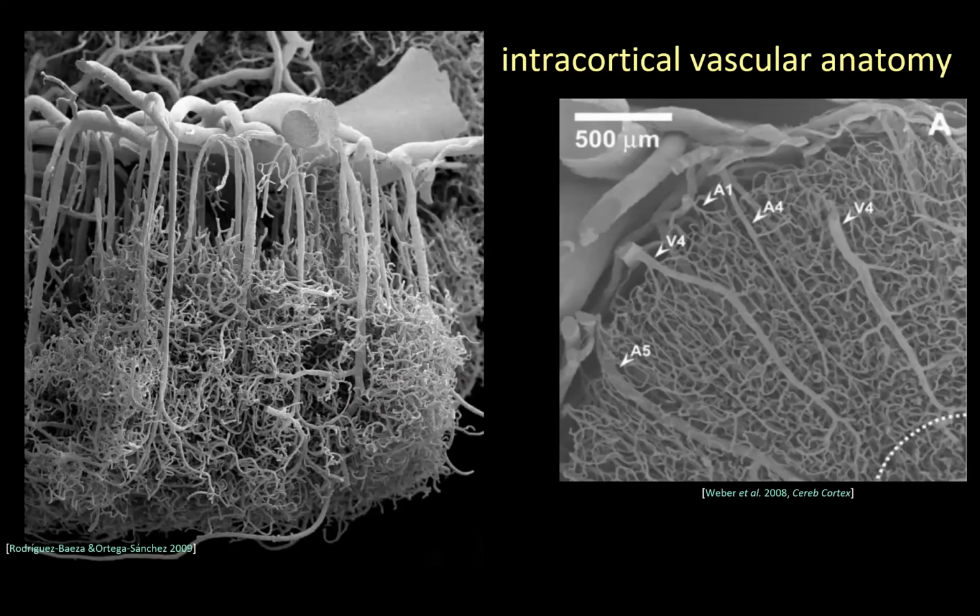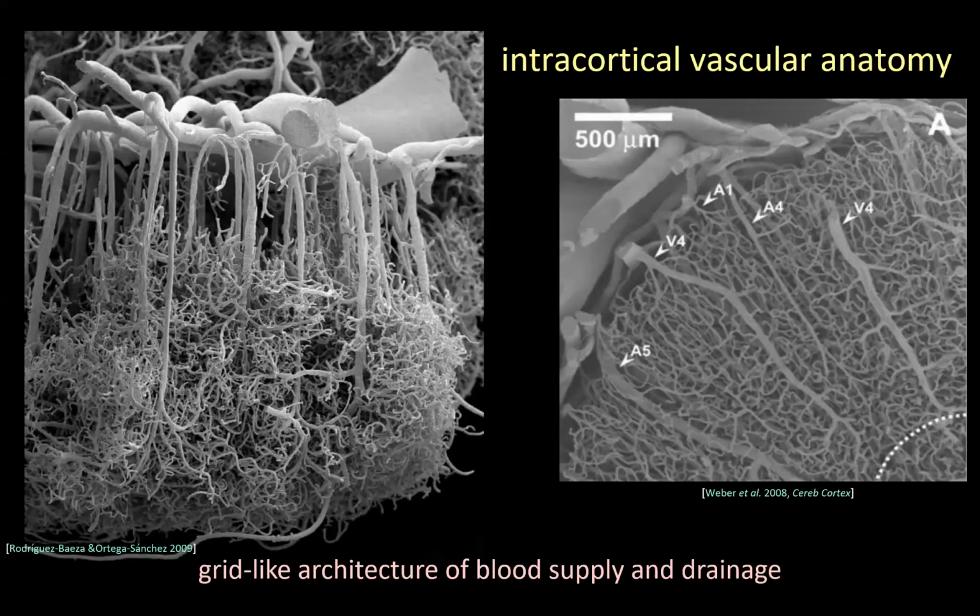And so here again, some beautiful intracortical corrosion casts of the microvascular anatomy. We again see this grid-like architecture of blood supply and drainage. I think this is human on the left, and macaque on the right. Josine warned me that sometimes these corrosion casts are tough to generate, and so there may be some missing vessels in the human data. But again, you can appreciate the grid-like structure that is recapitulating the neuronal